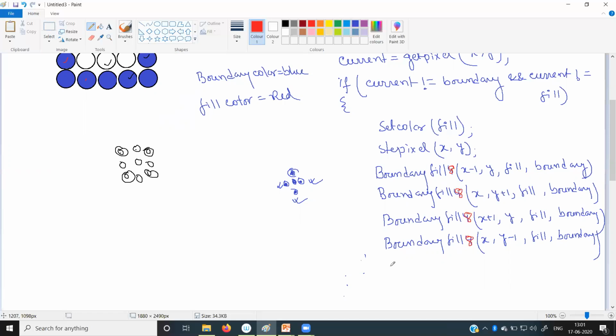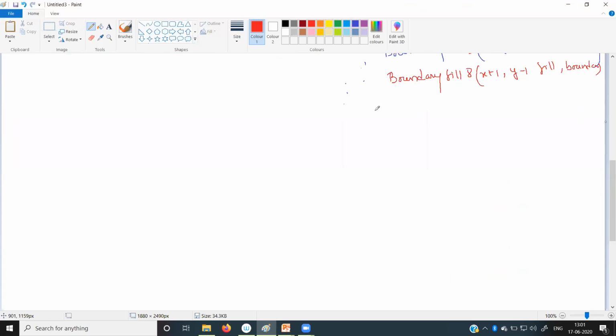And we will write boundary fill 8, it will be x plus 1, y minus 1, then fill and boundary. And again, I will write all. So boundary fill 8, it will be x plus 1, y plus 1, fill and boundary color.